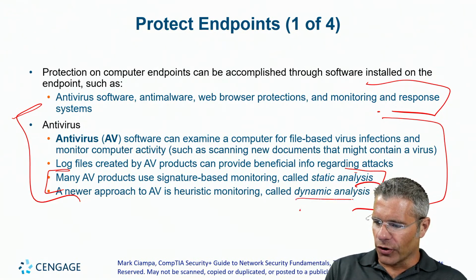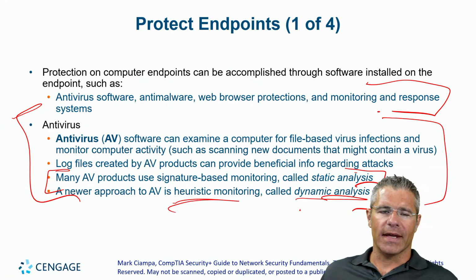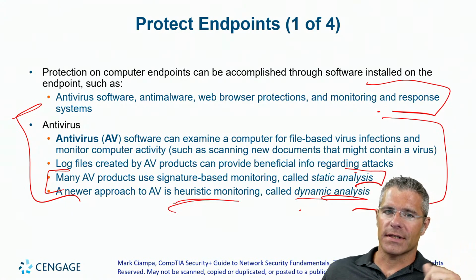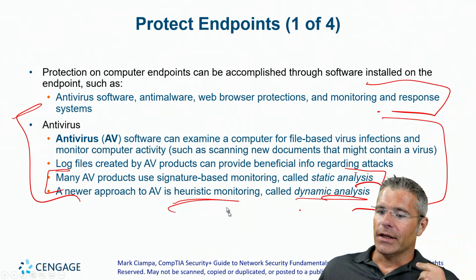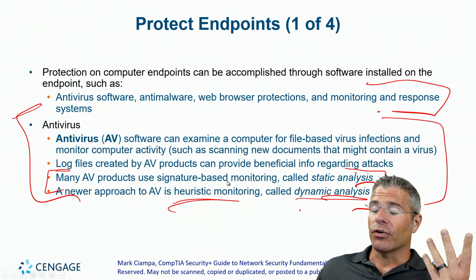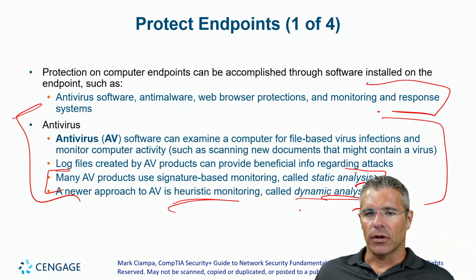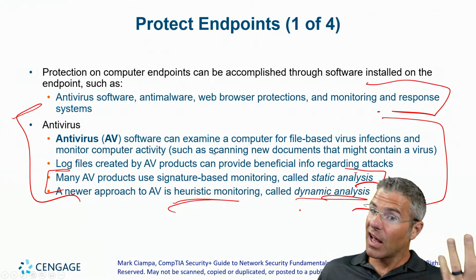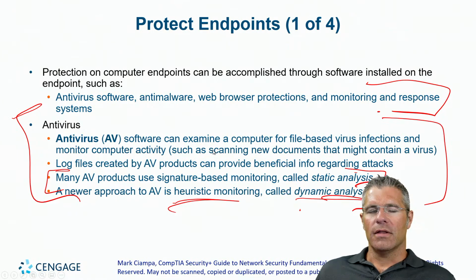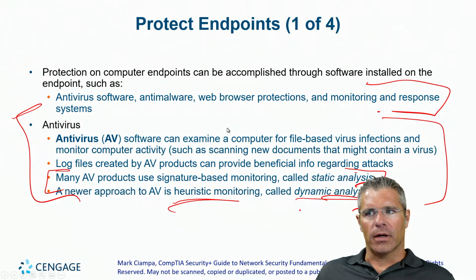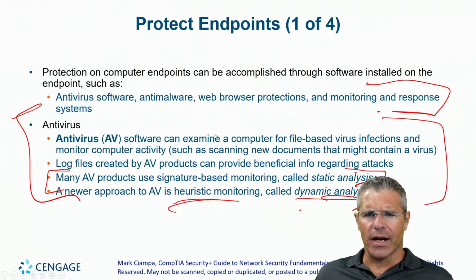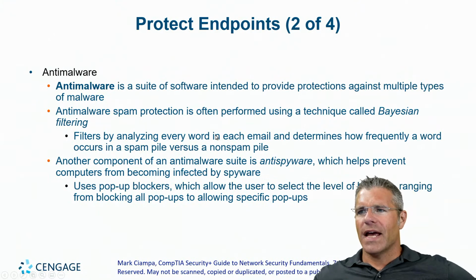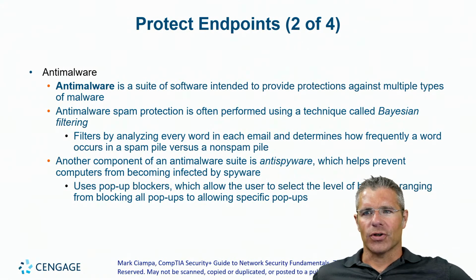Dynamic analysis or heuristic analysis is the next step in that, and most products do some form of this these days, which is basically just looking at the heuristics, the stereotyping, of the way viruses and malware work, right? And if it sees something that works like a virus, then it's bad and it's going to fire it up. So there are next-gen AV products that are using AI and ML to figure out what's going on there.